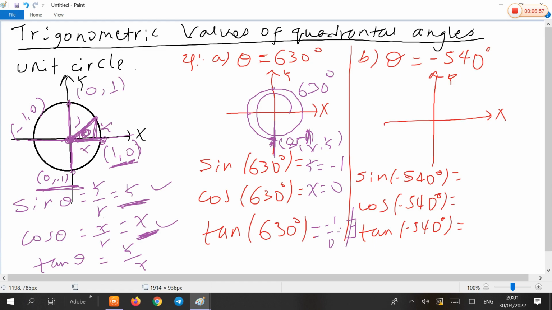ሌላ find the sine cosine and tangent of negative 540 degree። negative 540 ከሆነ ኔጌቲቭ ከሆነ ክሎክዋይዝ ነው ሮቴት የምናደርገው so that አሁንም 360 ማለት አንድ ሰርክል ነው plus 90 450 plus 90 negative 540 ዲግሪ ማለት እዚህ ጋር ነው። so that እዚህ ጋር የx እና የy ቫልዩ እነማን ናቸው? (-1, 0)። so sin ቴታ ማለት y ነው y ማለት 0 ነው፣ cos ቴታ ማለት x ነው x ማለት ደግሞ እዚህ ጋር ኔጌቲቭ 1 ነው። tan ቴታ ማለት y over x, 0 over -1 ማለት 0 ነው። this is how can we find the trigonometric values of quadrantal angles።